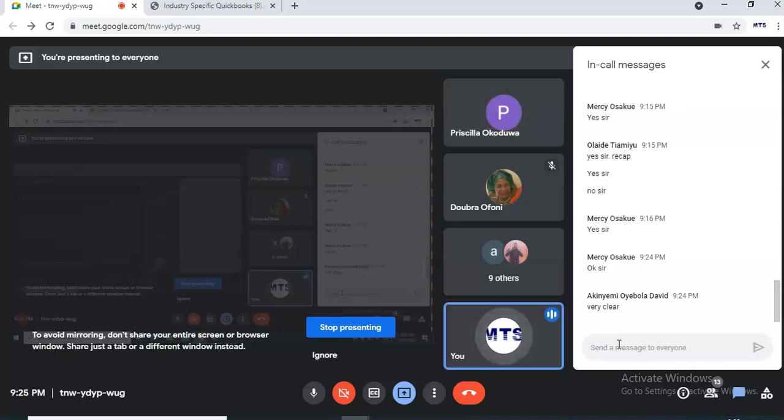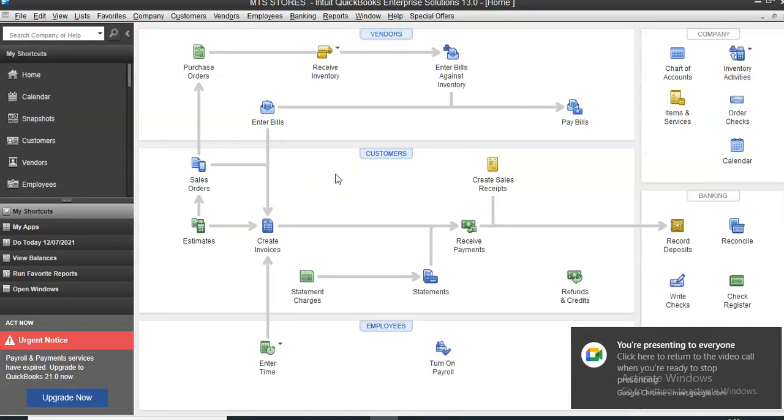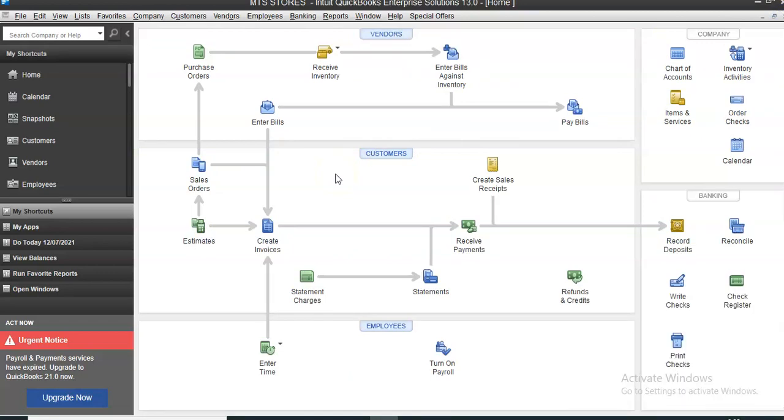Okay, great. So now that we have done the reclassification, let's start selling. So when we start selling now, we use your sales receipt. It's either you use sales receipt or you use invoice. You use your sales receipt if we sold in cash. That is, those people came,